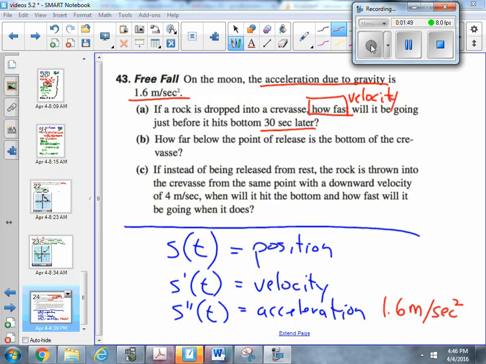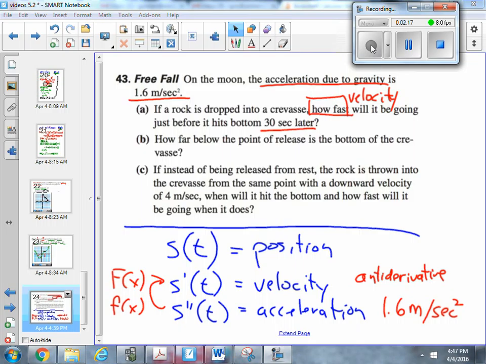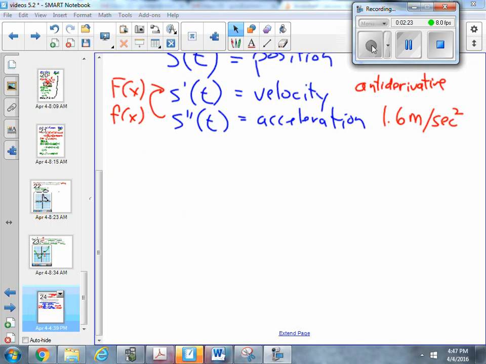So I can see that I'm going to need to go up one level. And I know that if this is f of x, and I'm going up a level, I want to find big F of x. In other words, I want to find the antiderivative of acceleration. Antiderivative of acceleration. All right. So I know that